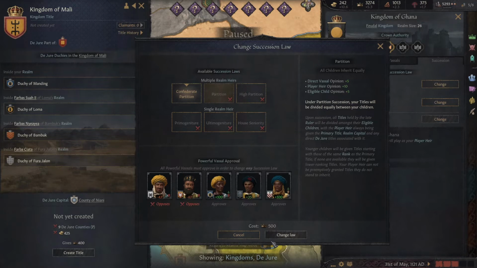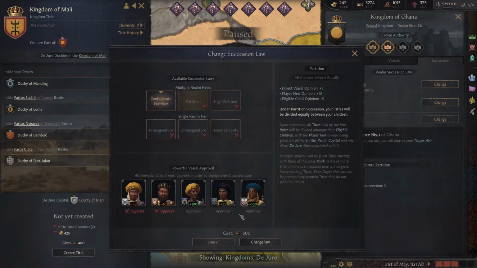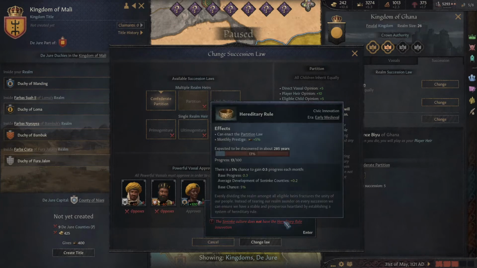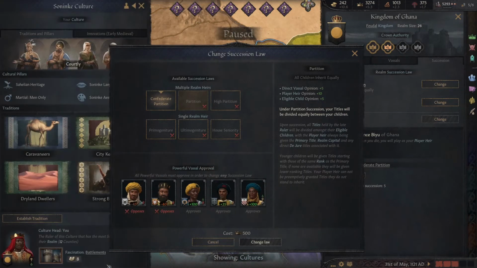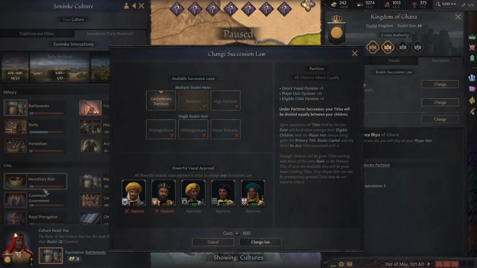If we look at the requirements, I know for sure one of them is having crown authority at level 2, which we already have. The only other requirements are obviously that we have the support of our vassals, but this one here is to have the hereditary rule innovation, which is actually found in the early medieval era. So it's going to be much easier to grab this innovation here, which is in our current era,